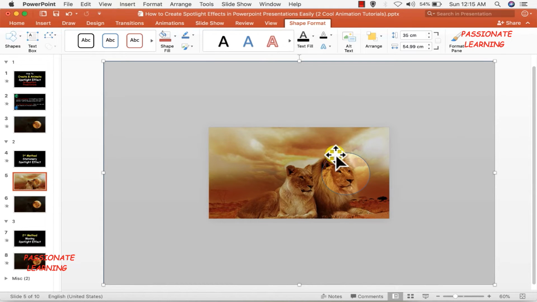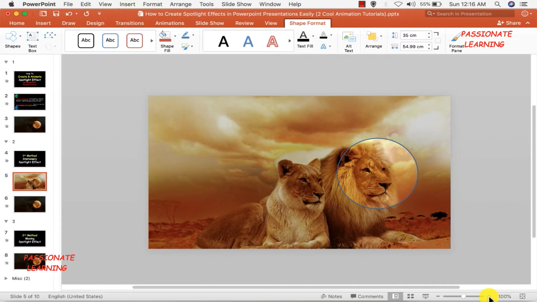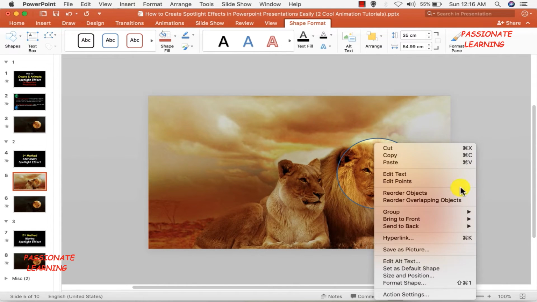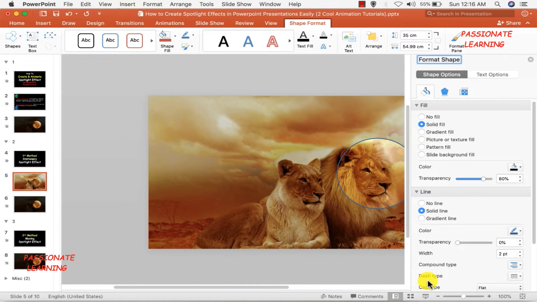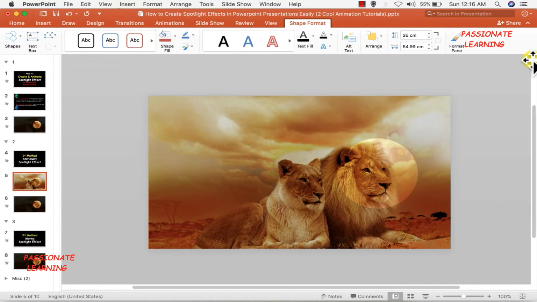And here you can see, friends, this oval has now merged with this rectangle and it has also been cut out from this area. Now let me again increase the size of the slide to 100% for better understanding. And now, as you can see here, there is a faint blue outline on this oval which I don't want. So I need to do right click, come over here to Format Shape, and you can see here there is an option of line. This is a solid line having blue color which I don't want, so I select the option of no line, and then you can see this outline has disappeared. So let me now close this.